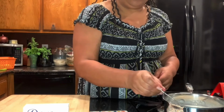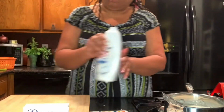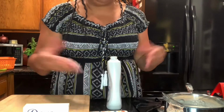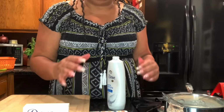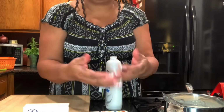Once it cools down, just so that it's not overly hot, what I'm going to do is use one of my Dove containers that I've already saved. For years I just got lazy and started buying it. And on this mission to really buckle down this year with my finances and be prepared for the future,